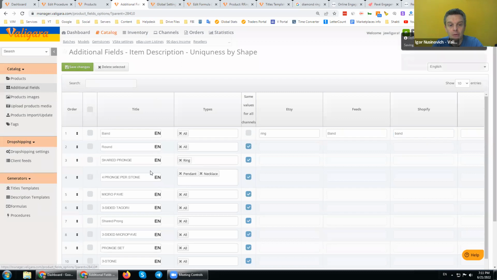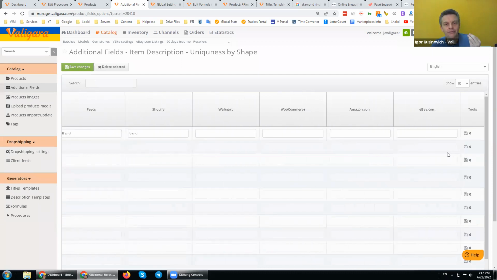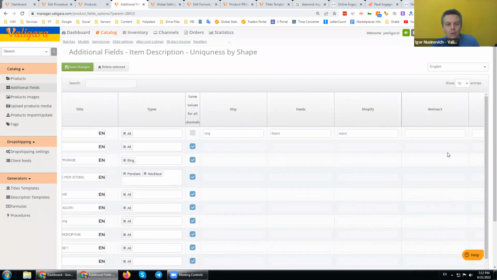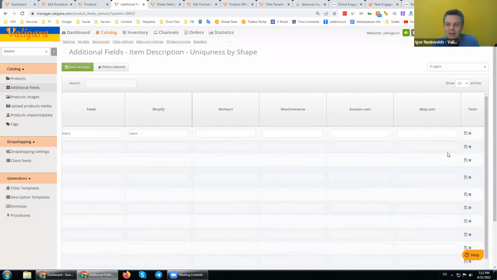When I save it, from now on, when Valigara works with my channels, it will work according to this mapping. So this allows me to save many fields. I don't have to have a band value for my Walmart and a band value for Amazon, right? So I can say band minus ring, for example, and save it.